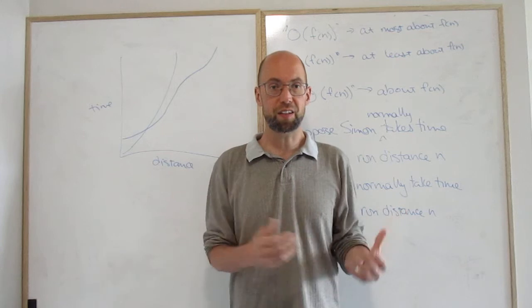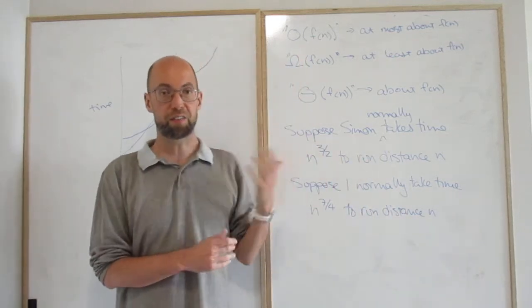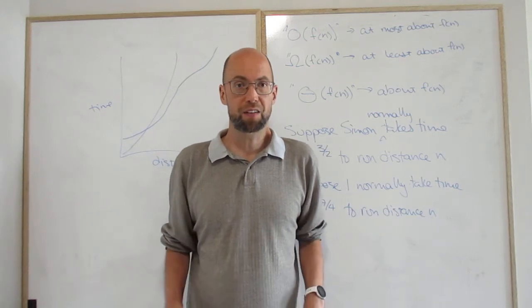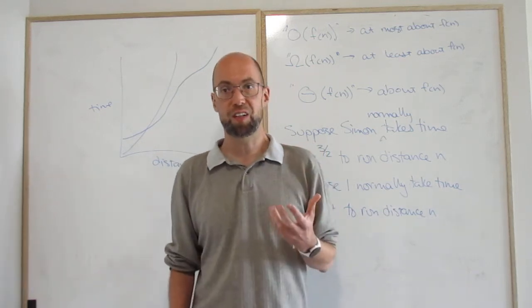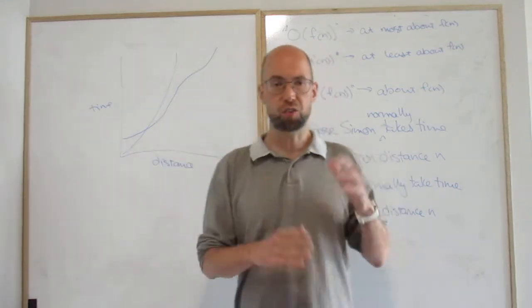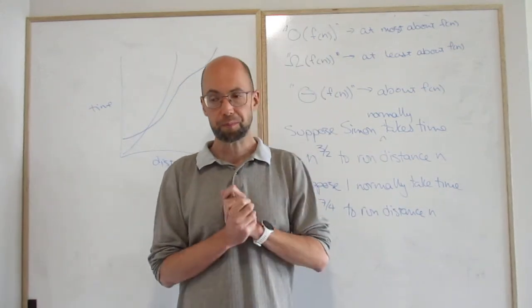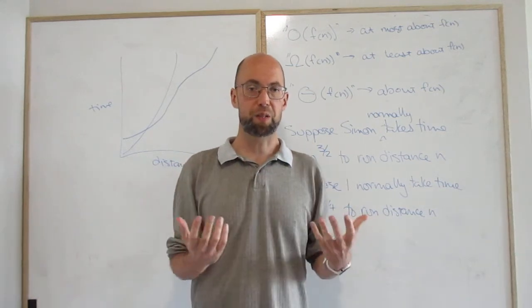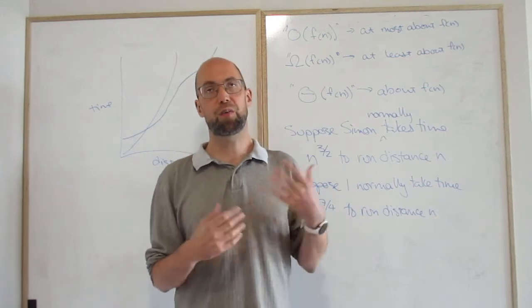So you can see that regardless of whether or not he's had a coffee or whatever, Simon is faster. And so we want to be able to talk about ignoring things like head starts and shoes and coffees. And this is important in computer science because if we're talking about an algorithm, we don't want to talk about,